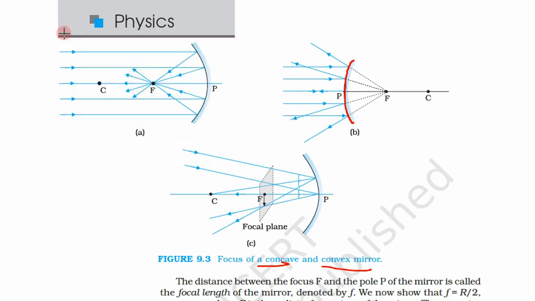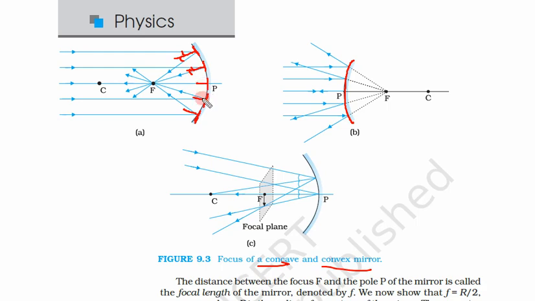So what happens in that case? Since this is a spherical mirror, the normal at each and every point is different. Here we have put this tangent and this is our normal. Here this is our tangent and this is our normal. Again here this is our tangent and this is our normal. So in each case we can see that this theta and this theta are equal, these two angles are equal.